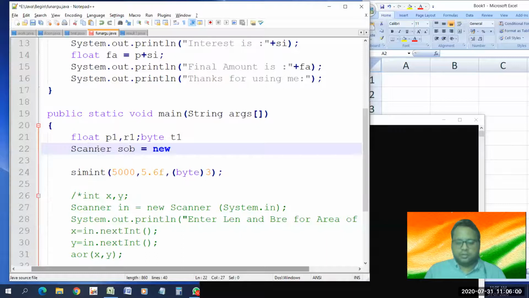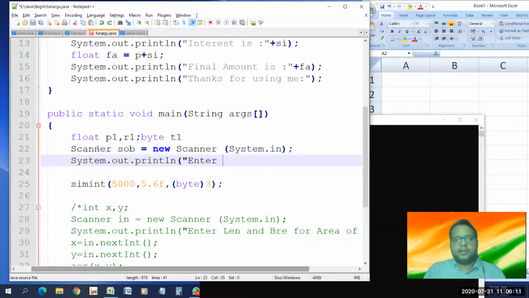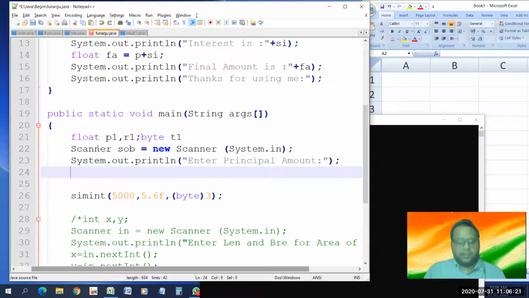New Scanner, System.in. System.out.println, enter principal amount, and p1 equals.